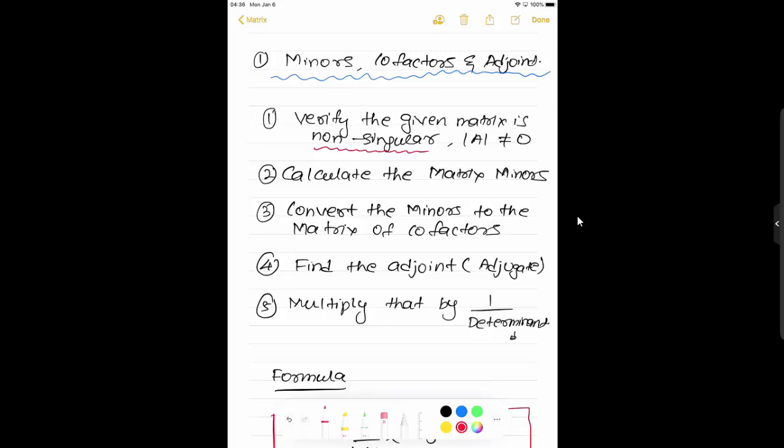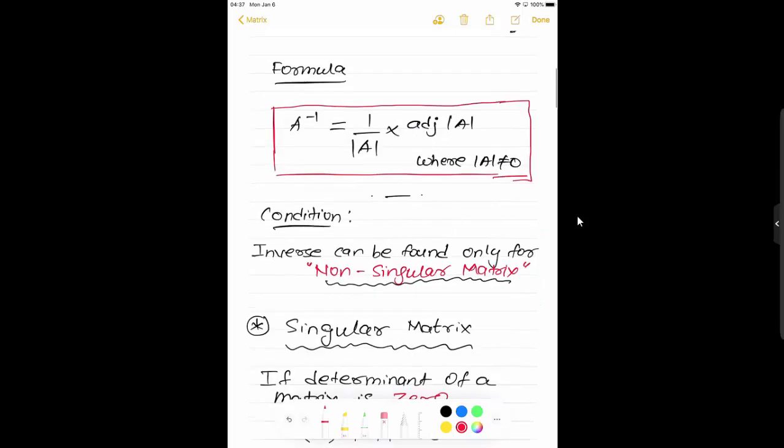And the second step is we have to calculate the matrix of minors. From the matrix of minors, the third step will be we have to form the cofactor matrix. Then the fourth step, we have to find the adjoint, and the last step is the value needs to be multiplied by 1 by determinant. The formula for A inverse is 1 by determinant of A into adjoint of